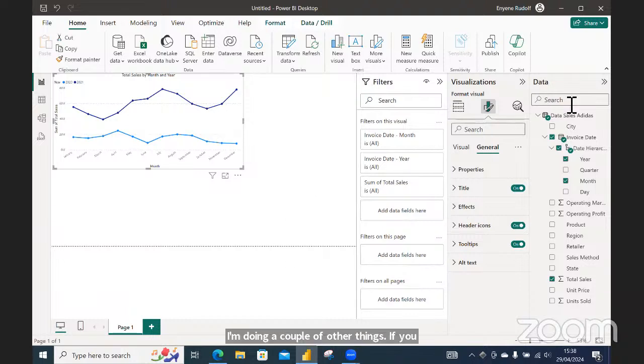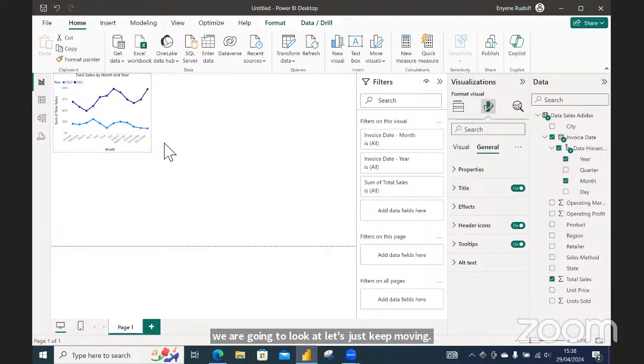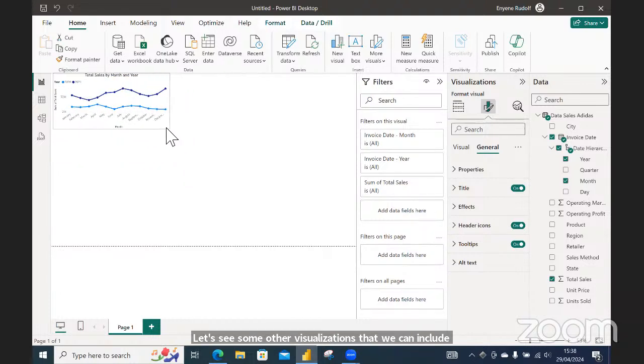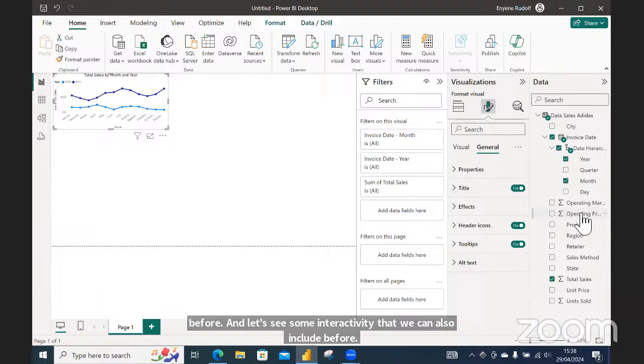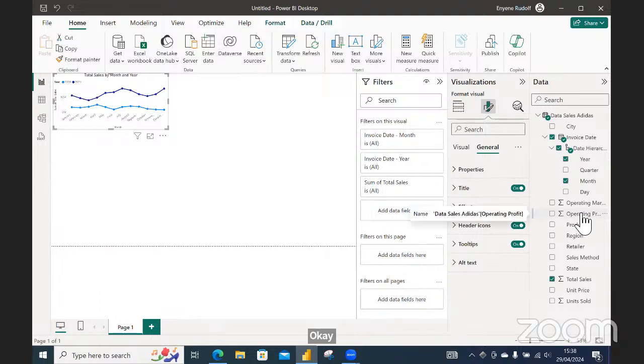Next thing we're going to look at, let's just keep moving. Let's see some other visualizations that we can include, and let's see some interactivity that we can also include. So we've looked at the trend per year. So the next thing that we want to look at is,